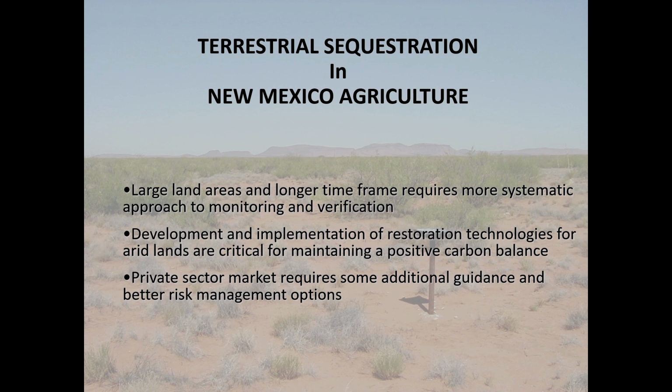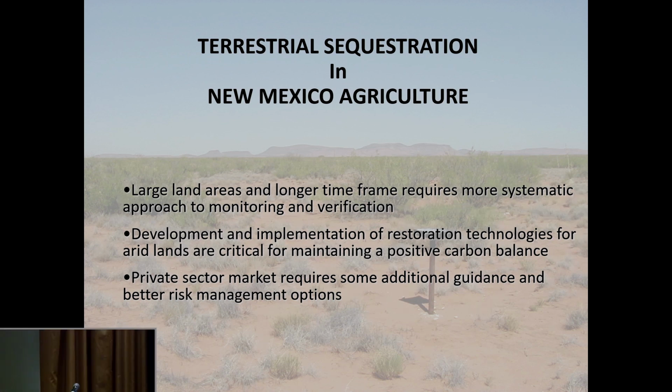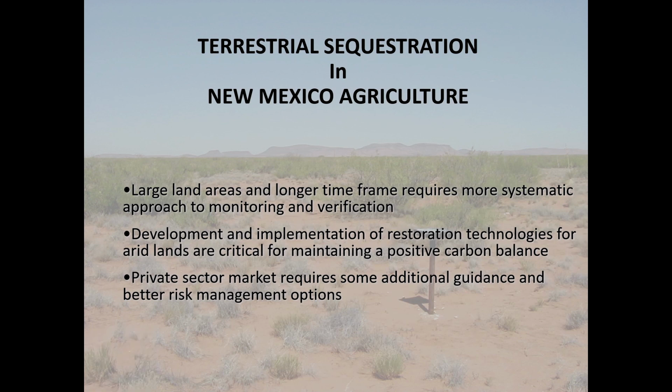So, you know, we need some work. These large land areas, just like Sana said, in high radiation, low rainfall, it's really difficult to generate the net primary production values like we need. It's all based around restoration technologies that we don't really have yet, that need work, and that are going to be increasingly unlikely to come up with as the climate changes. The private sector needs some new risk management tools.